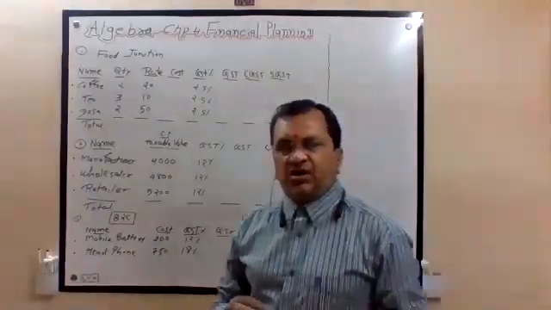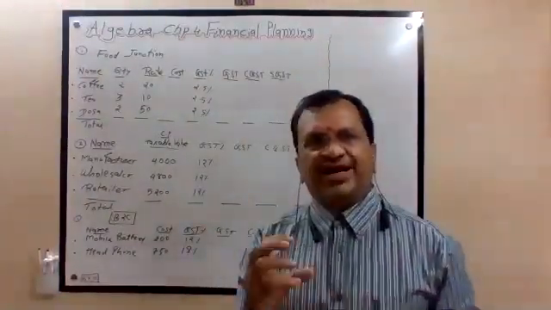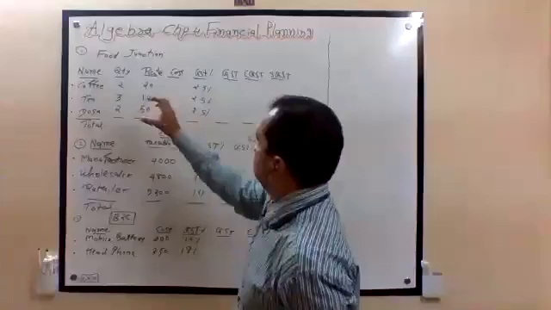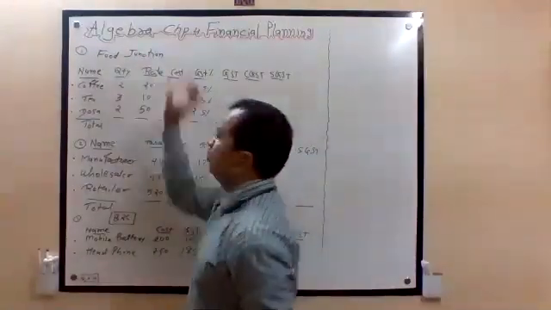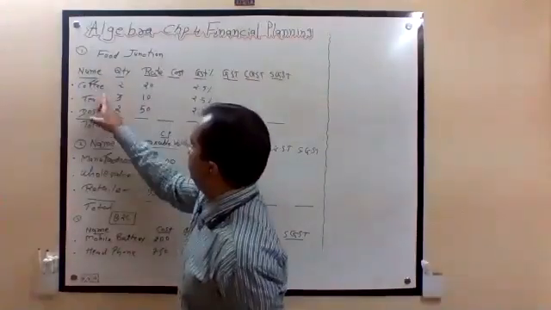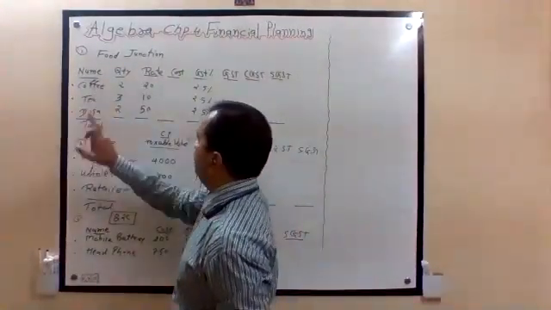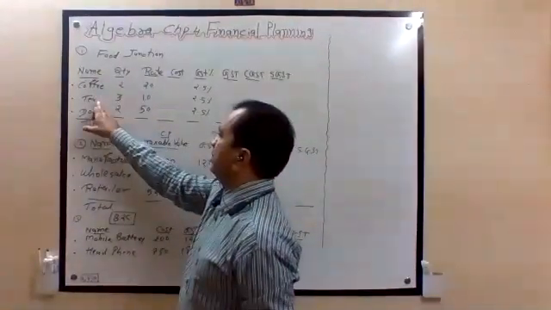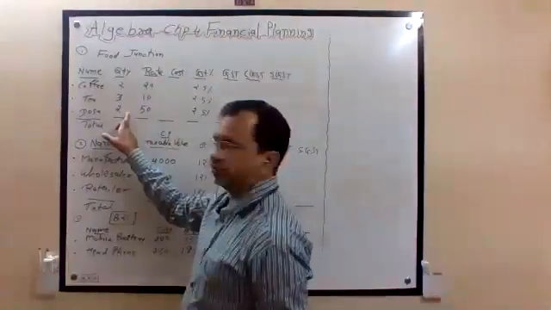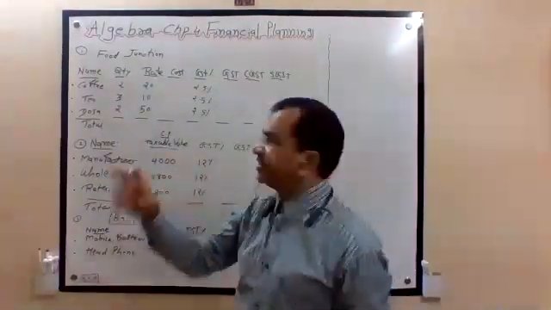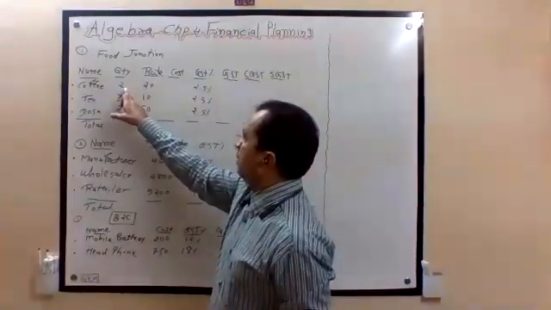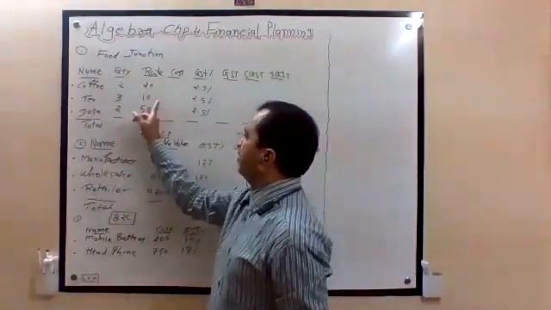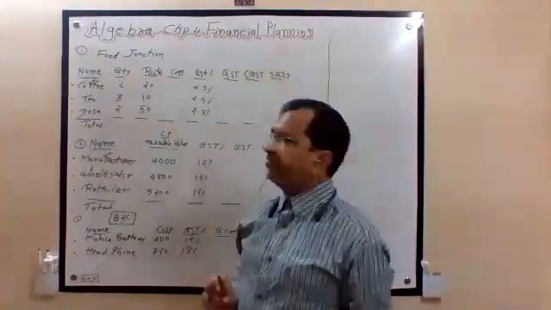In activity based or MCQ based questions, they will ask in table form. So first, it is a bill of a food junction. These are the names of the food items: coffee, tea, dosa. How many coffee? Two coffee. Tea how many? Three. Dosa how many? Two. What is the individual rate for coffee? 20 rupees per coffee. Tea, 10 rupees per tea. Dosa, 50 rupees per dosa.